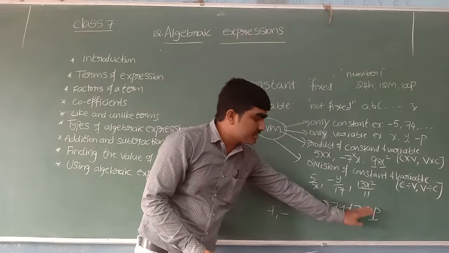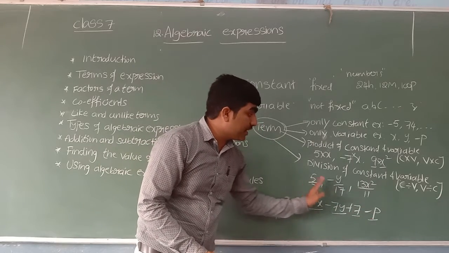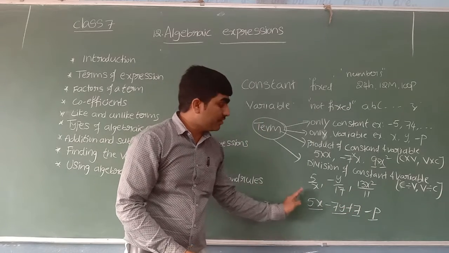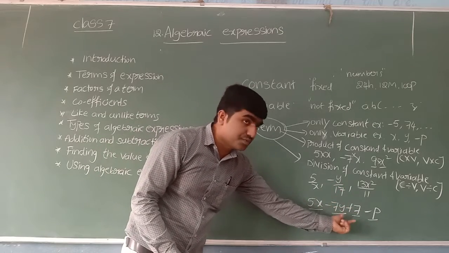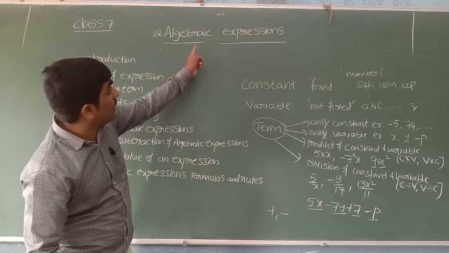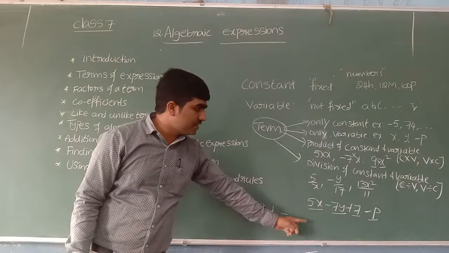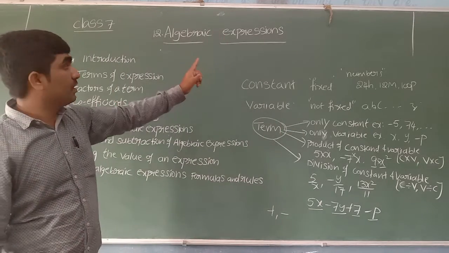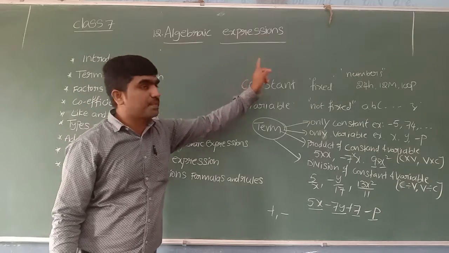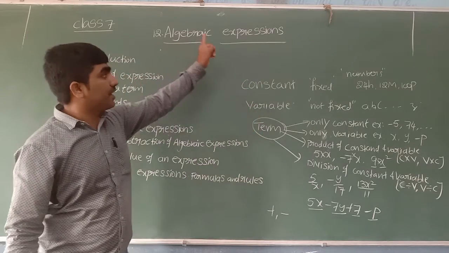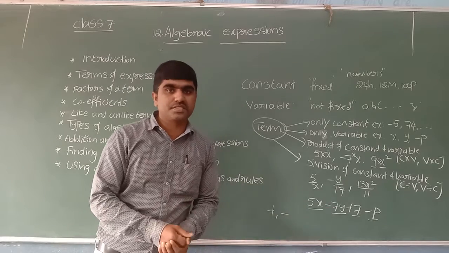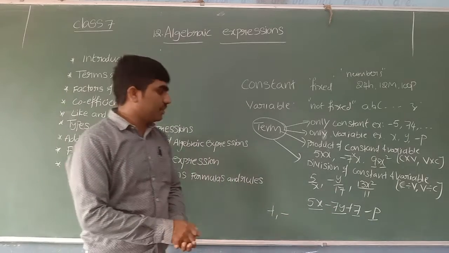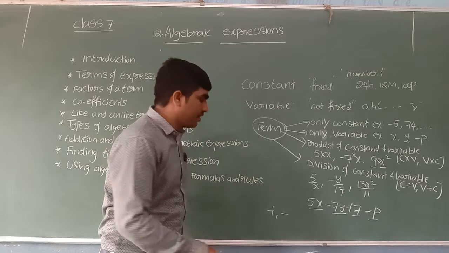Now what do we call this? What do we call it if I take a group of terms, like a collection of terms together? Yes, sir, if you take a collection of terms together, it is called an algebraic expression. That is our today's title. What is meant by algebraic expression, beta? Sir, algebraic expression is nothing but a collection of terms. Or we can take a single term also.